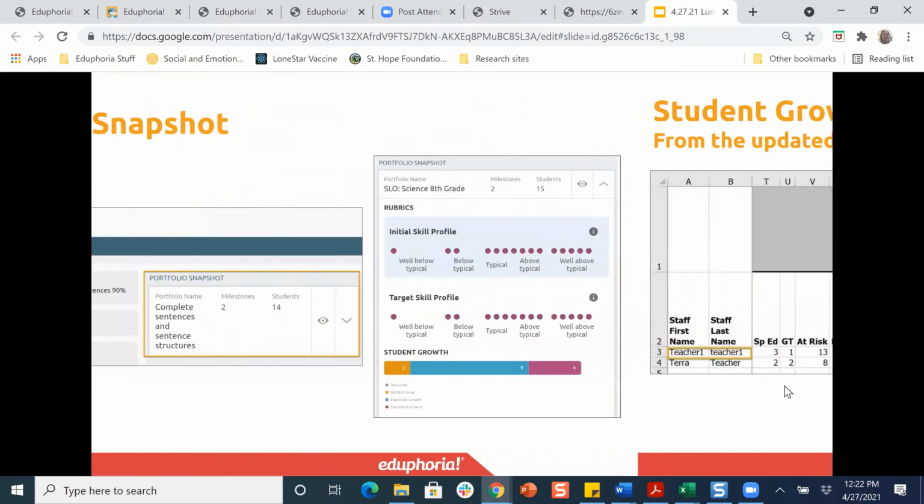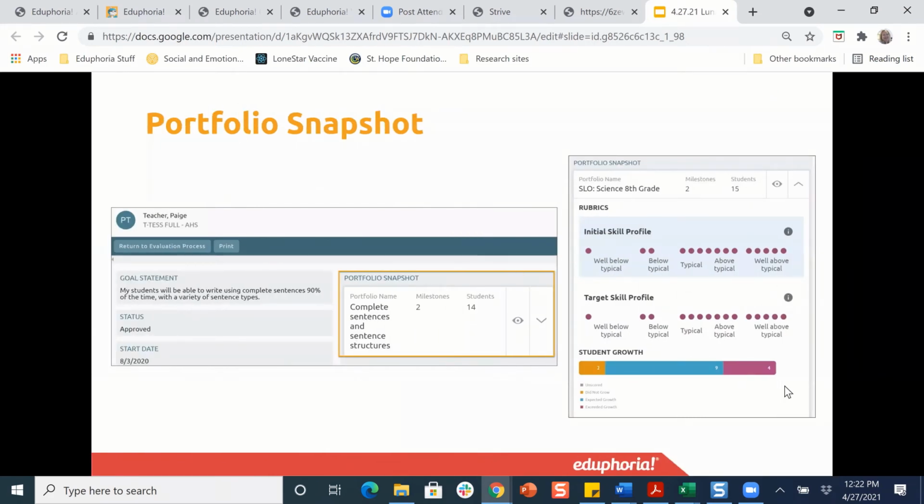And then I'm going to take that information one step further. When I'm in the teacher's account, I'm looking at their goal. I can see a portfolio snapshot over on the right-hand side, and I can expand that portfolio snapshot and see the data for that individual teacher. I can see the demographic information for that teacher. I can see how they wrote their milestones. So I can see a lot of information about what they did with that student growth piece by looking at that portfolio